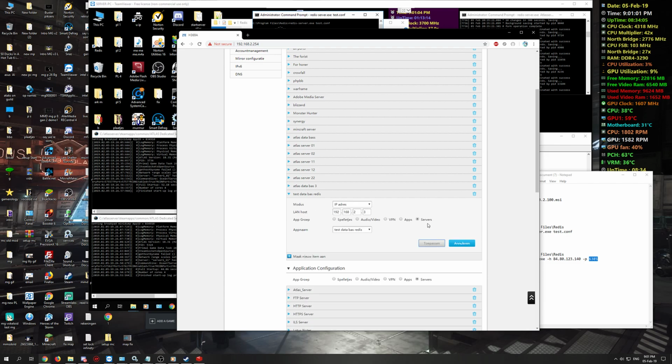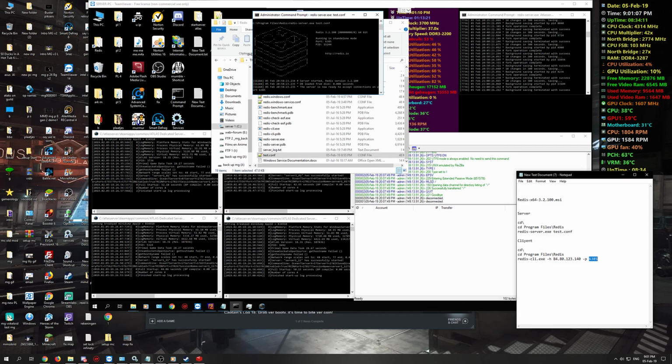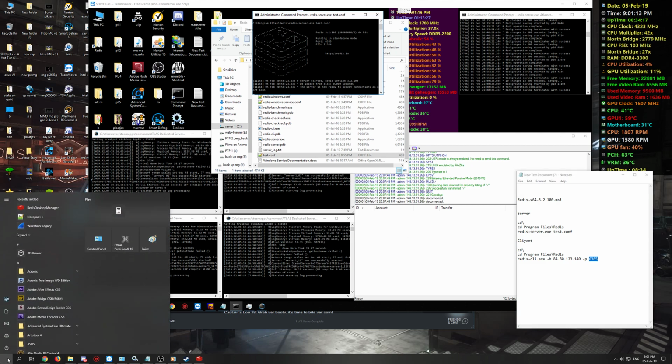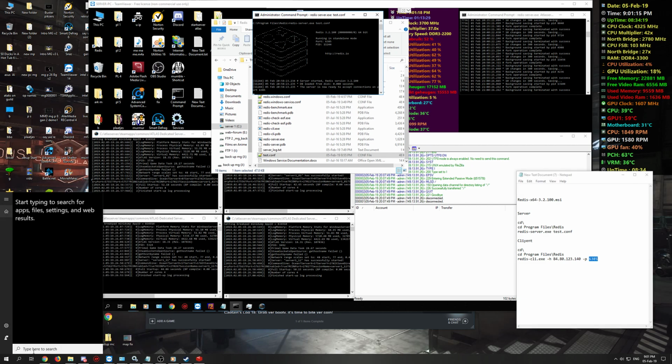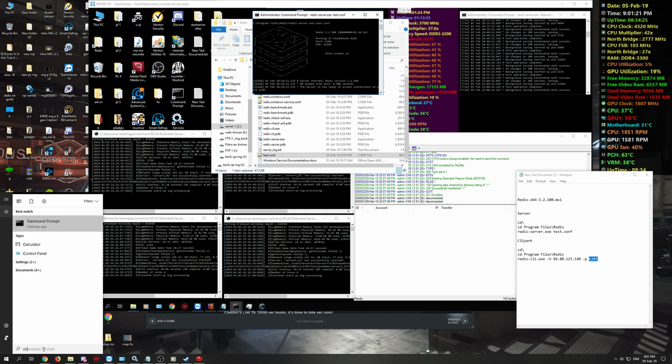And now we have forwarded that specific port that I just created. So now we're done with the modem. So now outside connections will be redirected to this server. Now, you can go to your own computer or any computer in the network. It doesn't matter. Then we're going to go to command prompt again,